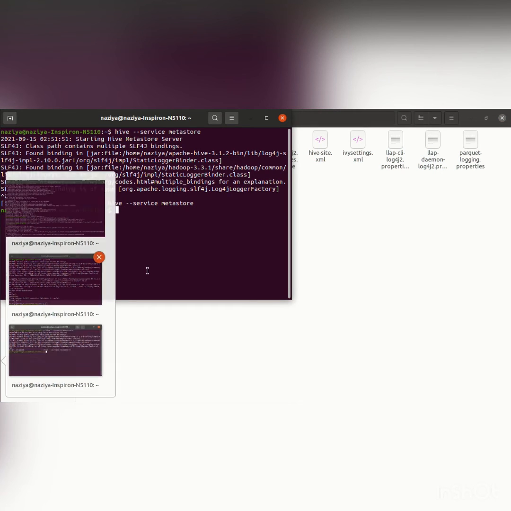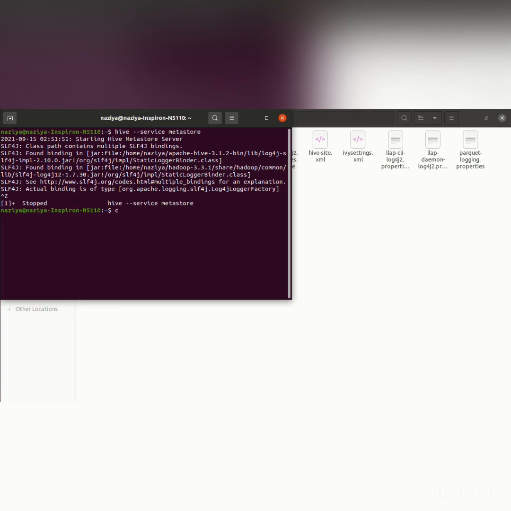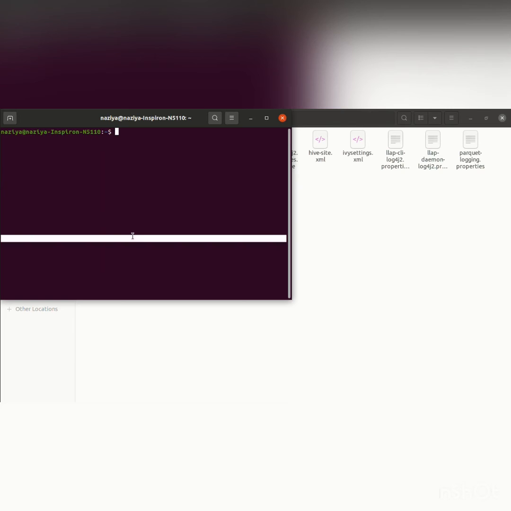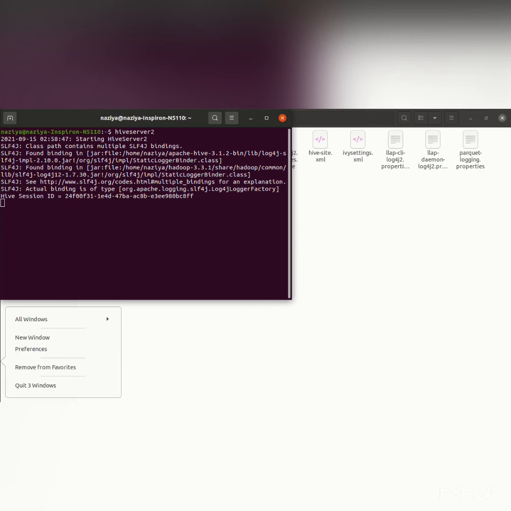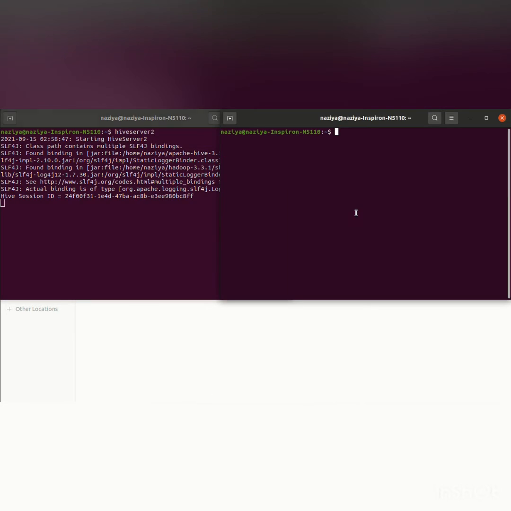Now we'll start all our Hadoop daemons. So first of all, I'll clear it. I've already started all these Hadoop daemons. So now I'll be running this. I'll be starting this HiveServer2. So as you can see, the Hive session ID. If in case you get an accessing error, you can delete the .lck file in this metastore_db